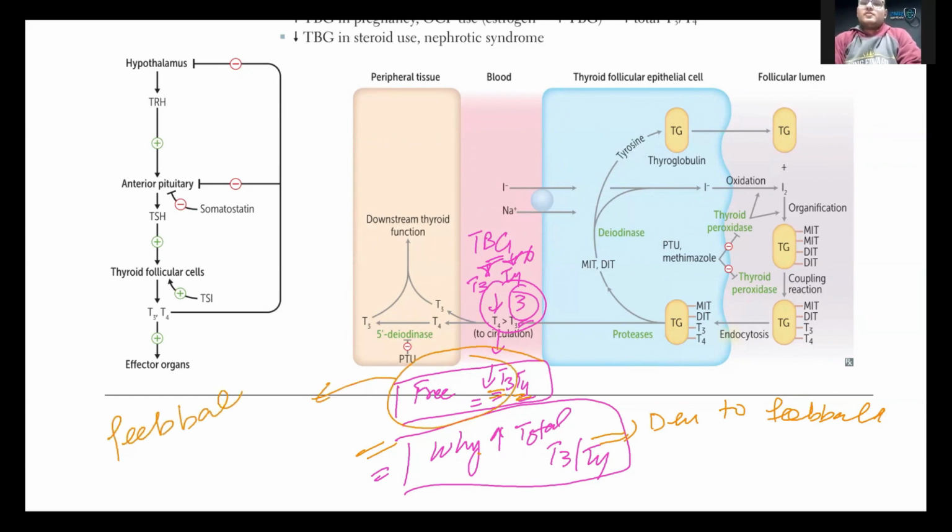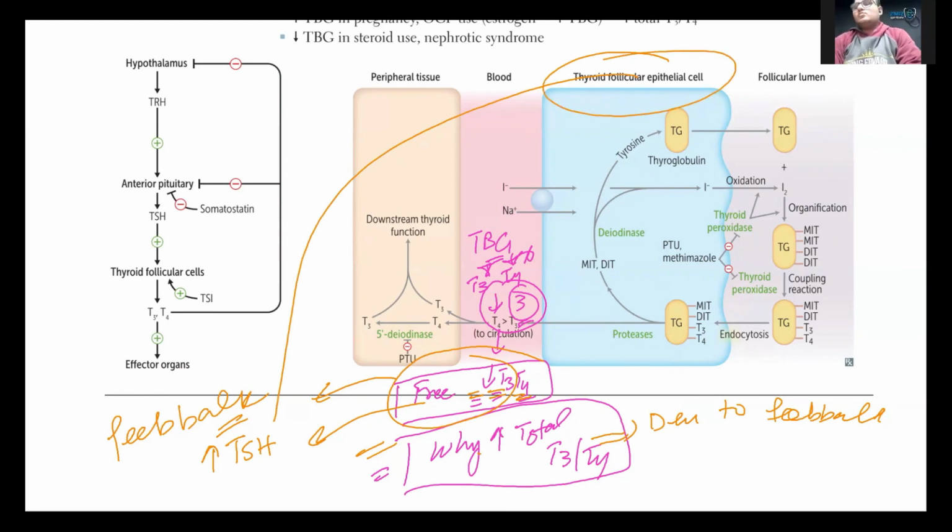And that feedback response will be more TSH. When free T3, T4 is low, the body will release more TSH. The more TSH will act on the thyroid follicular cells, and there will be more production of T3, T4. More production of T3, T4 causes more entry of T3, T4 into the blood, and more